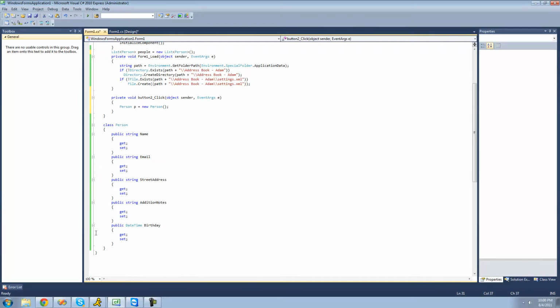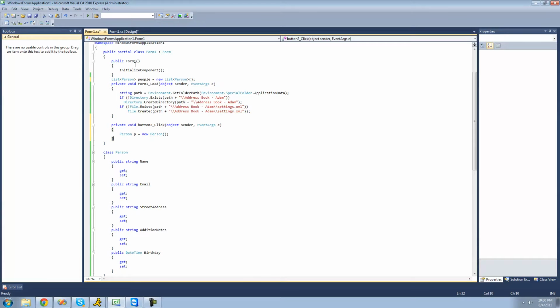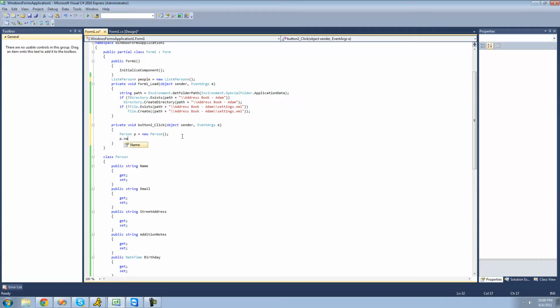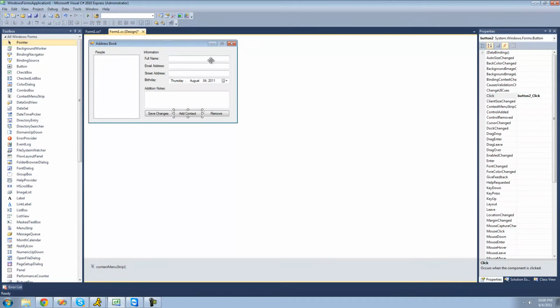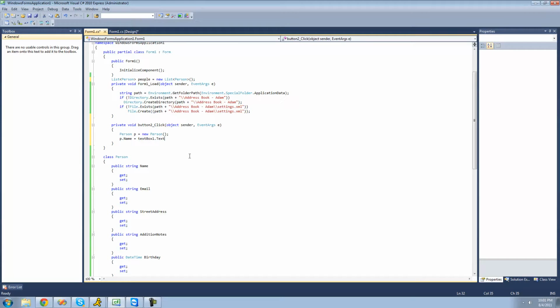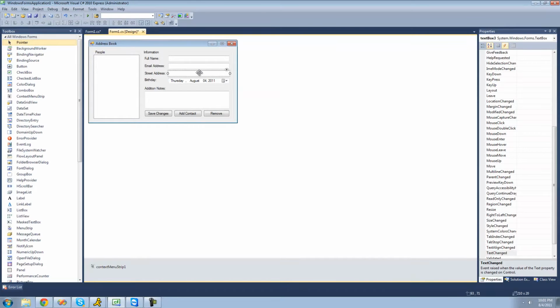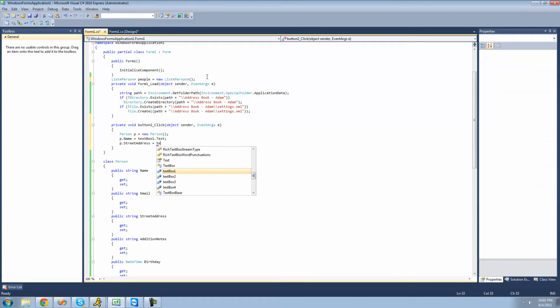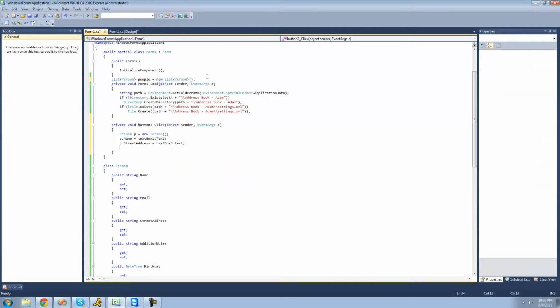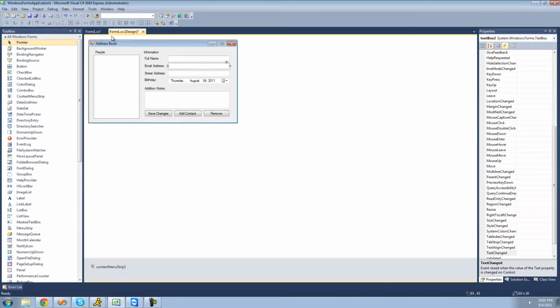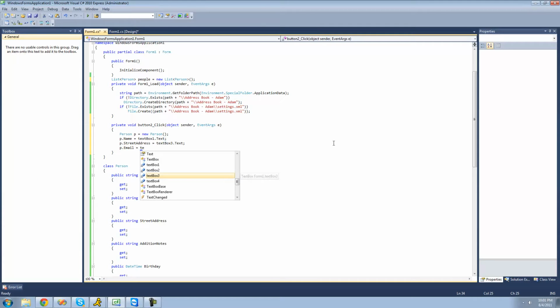And then we're going to want to set all of these properties in here, and they will be whatever the user sets. So we're going to say p.name equals, and then the person's name will be in this text box, so text box 1. We can just say text box 1's text right there, and then we can say that their street address will be equal to text box 3's text, and then we can say their email address will be equal to text box 2's text, which is this text box. So text box 2's text,